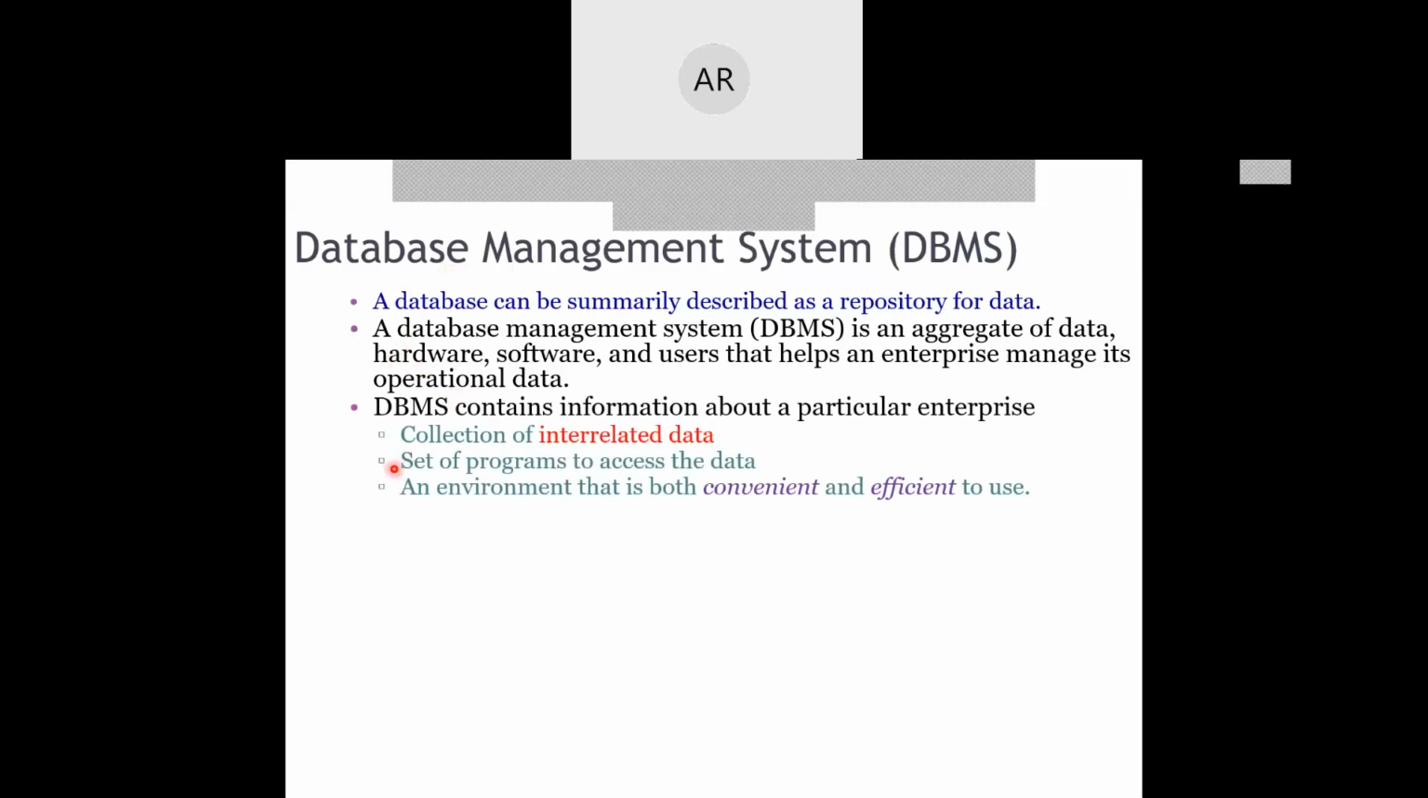So we can understand that DBMS is a collection of interrelated data. When we say interrelated data, I'm talking about data which has some significant importance. For example, I've already given you the example that when I'm talking about student data, mostly we'll be talking about